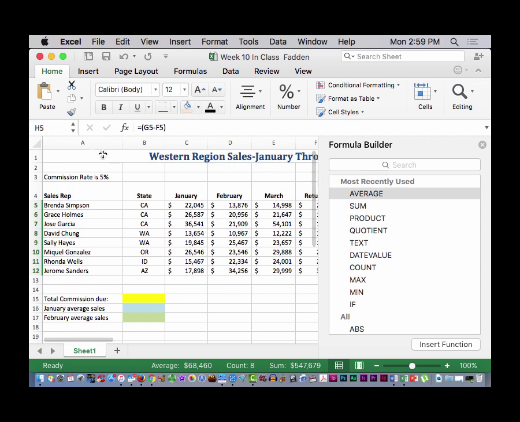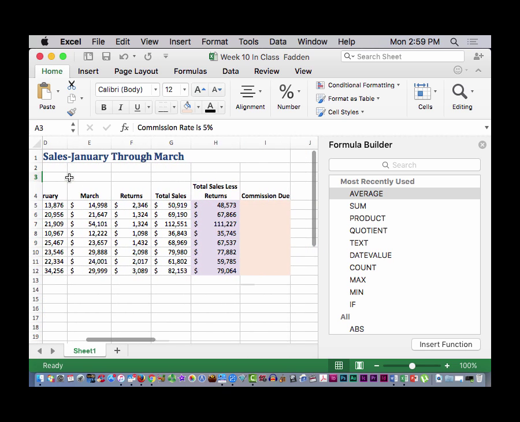Now we know, based on cell A3, that everyone gets a 5% commission. So a commission is additional money that you make based on your sales less returns. Not your total sales, because if something comes back, you don't get commission on it. So if you've got a 5% commission,